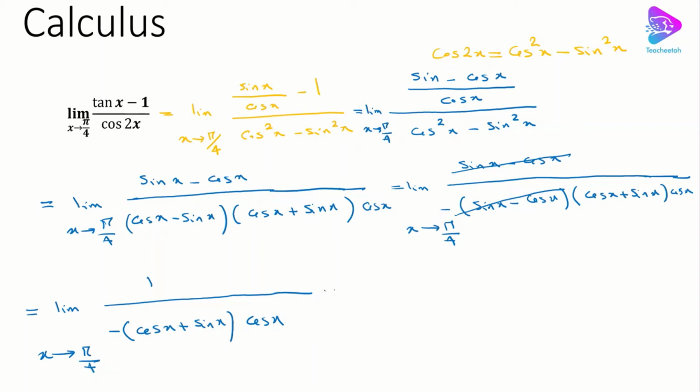If we plug in pi over 4 inside this function, let me see what we have. So we have 1 over minus